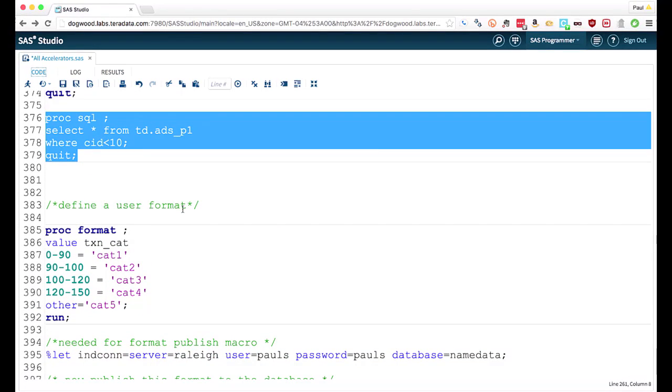So, Paul, as you know, SAS formats are hugely popular with SAS users. And just like the base SAS procedures that we looked at and some of the other work that you've done, all of those can be leveraged inside of Teradata as well. Can you show us some of that? I sure can. So here I have a format